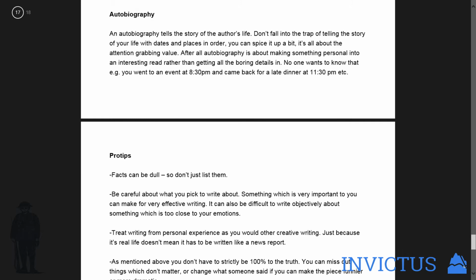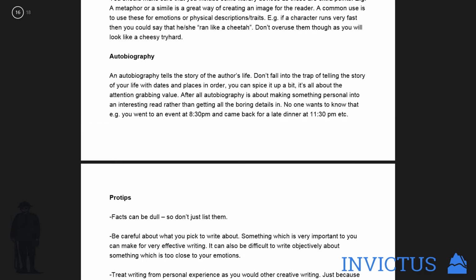So again, you're telling the story of the author's life, so aka you or the character that you're deciding to write about. Don't fall into the trap of again making everything too detailed. We don't want dates too much. We don't want places too much. We don't want your autobiography to be a bloody travel guide or like a sappy love story or something like that. Make it general in the beginning, flesh it out with details that you think are worth putting in, but